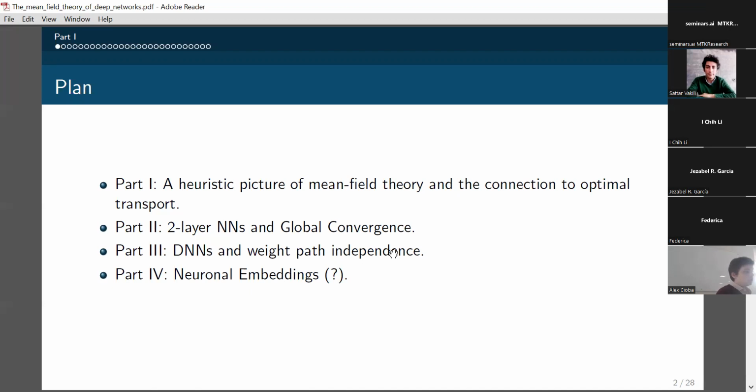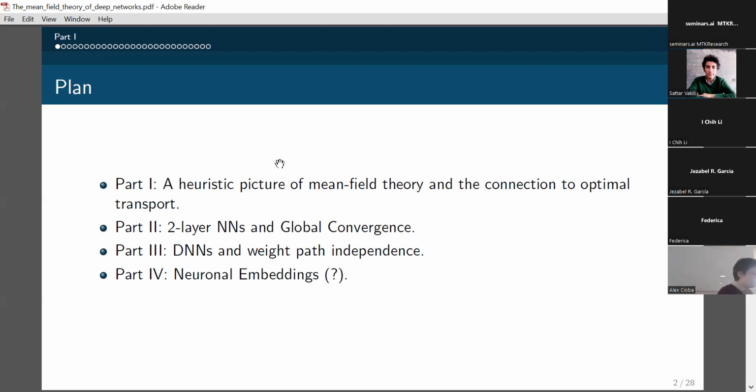In part three, I'll give a talk about how the framework extends to deep neural networks, and throw some light on the dynamical systems phenomena there. And part four is potentially left open. I'm not entirely sure about the schedule of the seminar at the moment. Initially, I was planning to stretch the first three parts over four individual